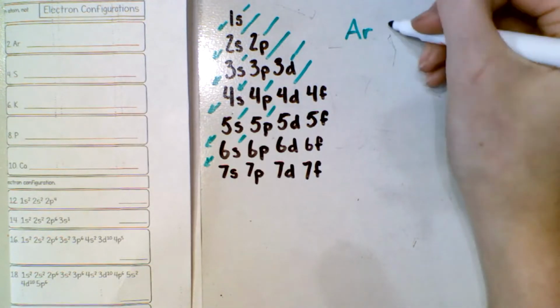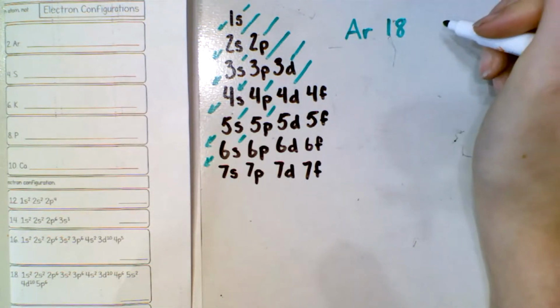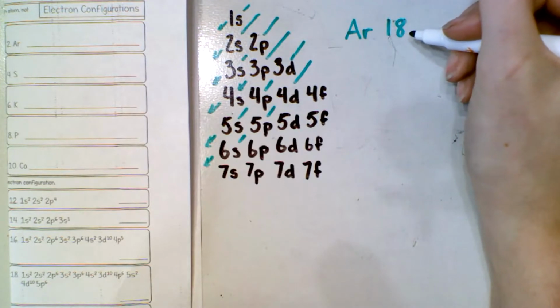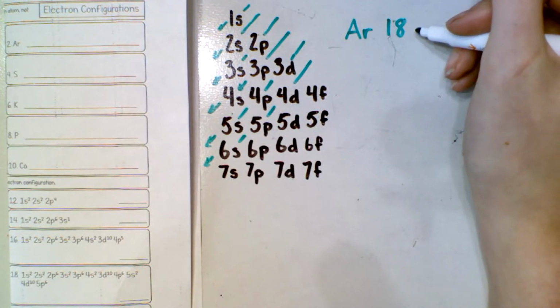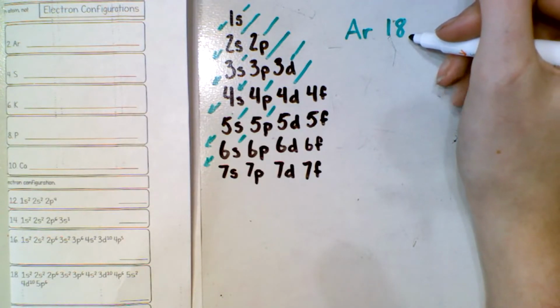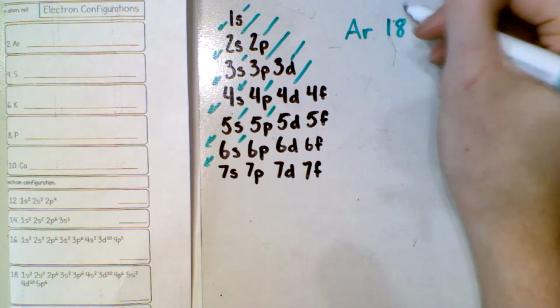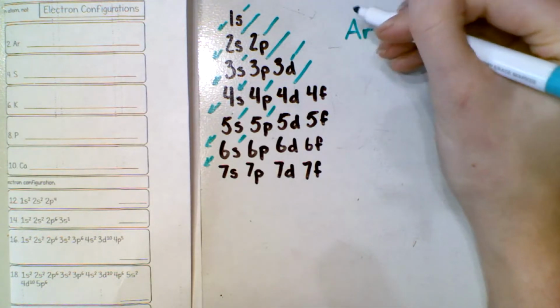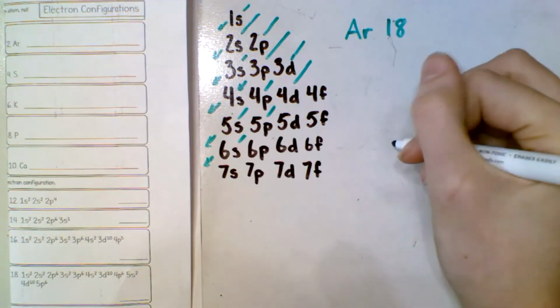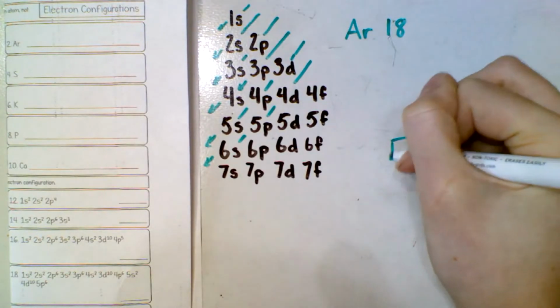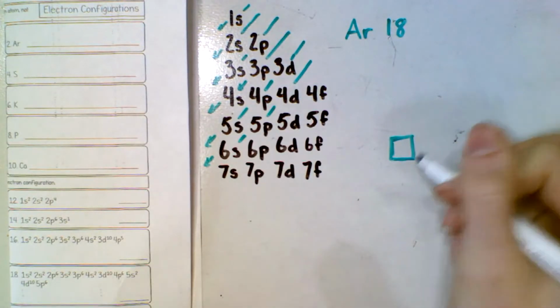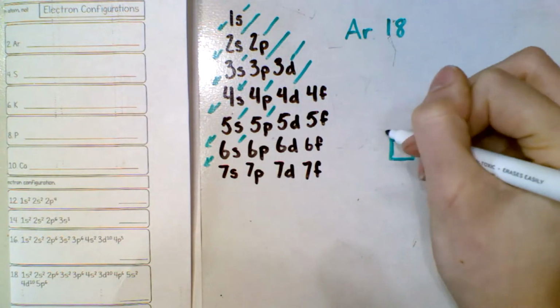which argon's atomic number is 18, which we know means that argon has 18 protons. When we're doing electron configurations, unless stated otherwise, we're assuming that we're dealing with a neutral atom. So if we have 18 protons, we're going to have 18 electrons. So we need to figure out where our 18 electrons go. I'm going to start with the boxes, kind of in the same format that you guys are seeing. So at the base, our lowest energy, we're going to have a